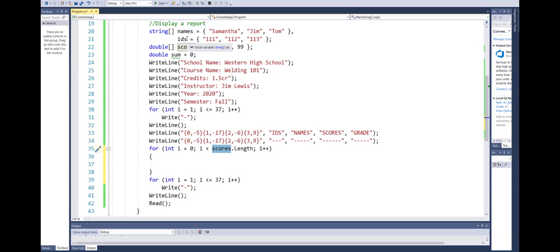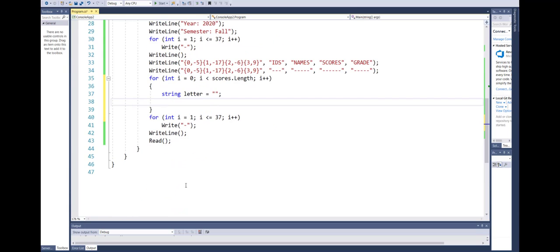And since scores, IDs, and names are all of the same length, it doesn't really matter which one of the 3 I pick. Next, I would like to traverse through them and display the values. However, I also need to calculate the letter grade. So I will declare a variable for the letter grade, and I will write my program logic to calculate it,